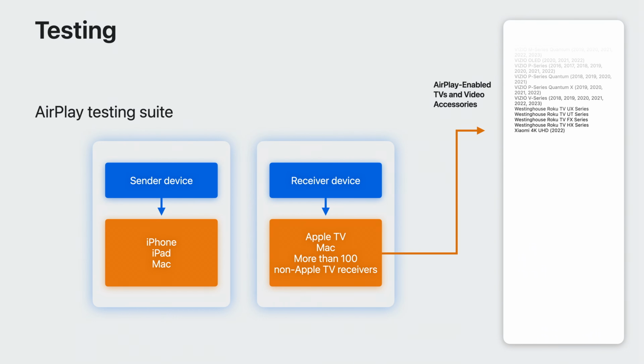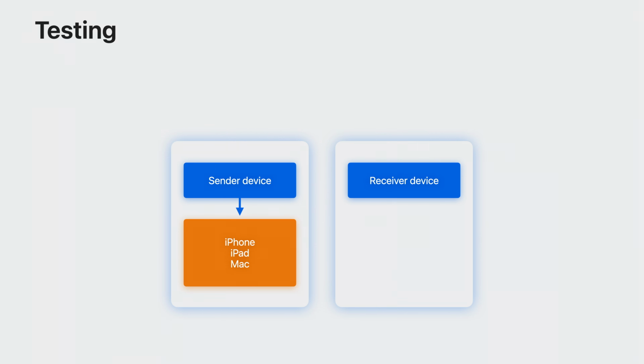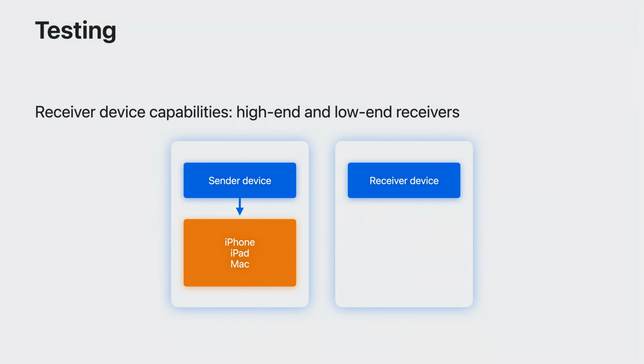When testing AirPlay with your streaming application, it's a good idea to start with Apple TV as the receiver of choice, but it is highly recommended to select at least one device from each class of non-Apple AirPlay receiver. You can further divide the receiver devices based on media processing capabilities, that is, high-end and low-end receivers. For example, if your streaming service supports Dolby Vision, include an AirPlay receiver capable of Dolby Vision in your test suite when validating AirPlay playback from your application. In addition, be sure to include a low-end AirPlay receiver which only supports SDR and stereo AAC audio.